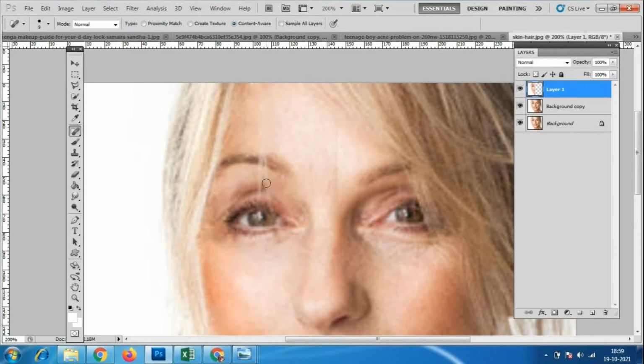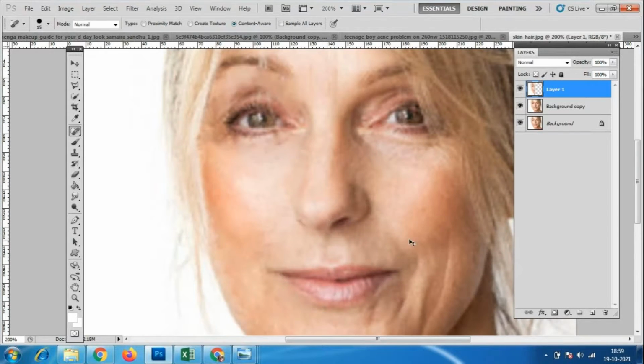Reduce the brush size, and we have to make small changes.